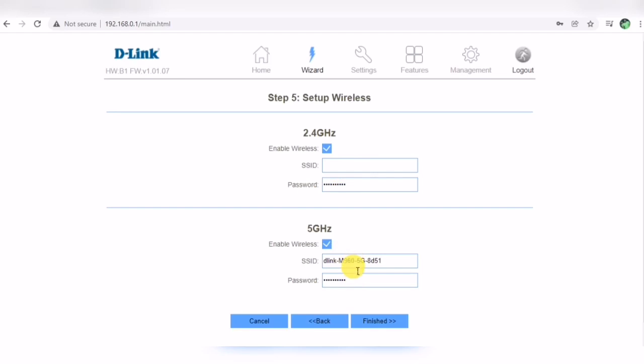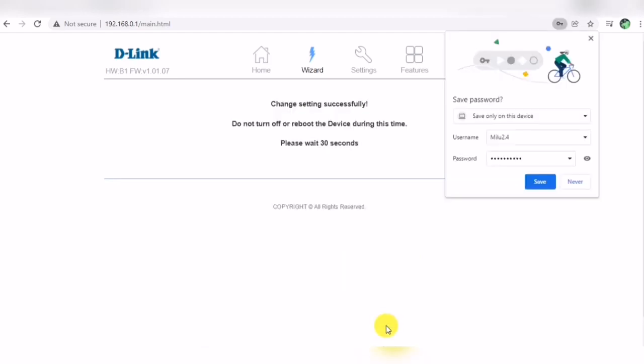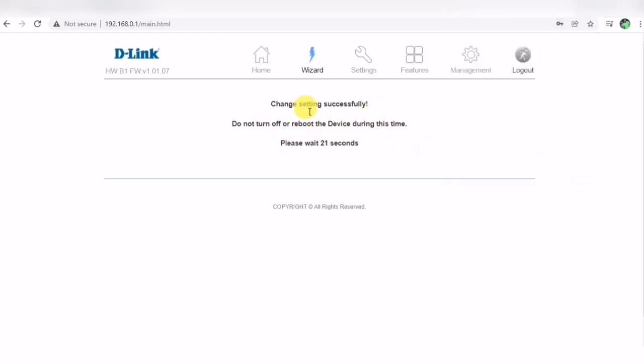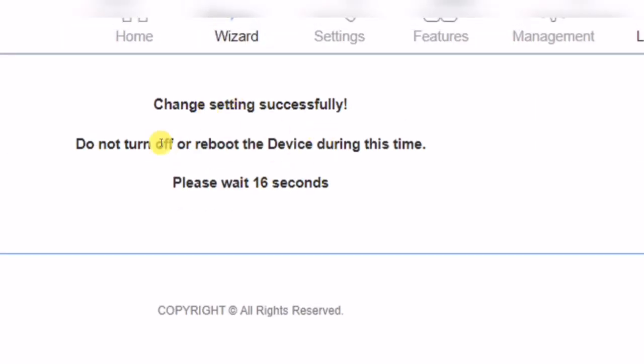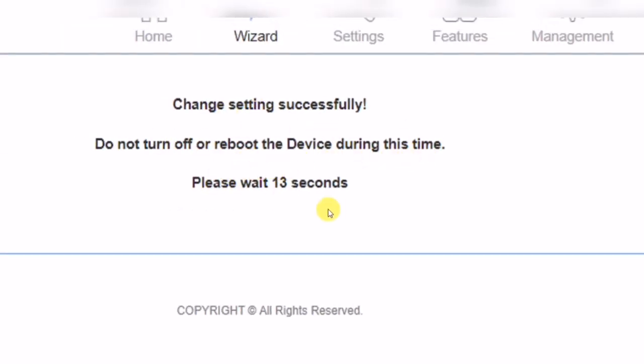Once completed, click finish. Then the admin password and all the passwords are changed automatically. Right now it shows you should not turn off your router because it is updating, so you have to wait for 16 seconds. After this completes, the password has been successfully updated.